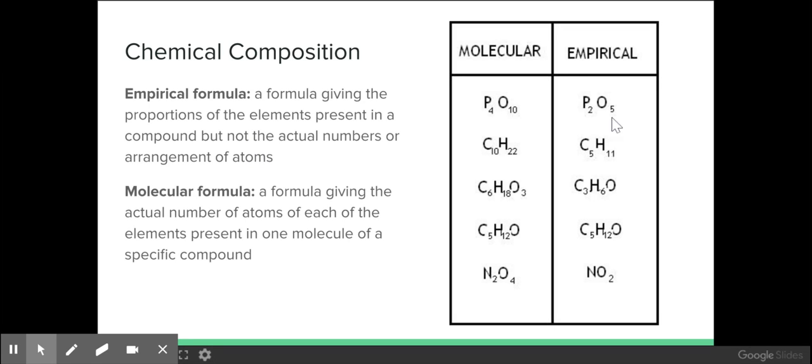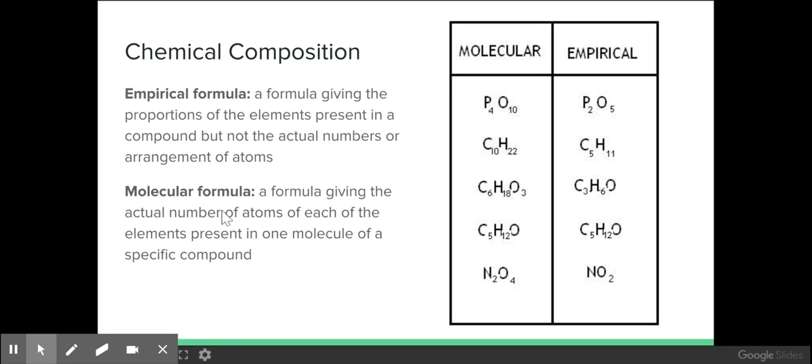A lot of times these empirical formulas are determined through experiment. They're determined by mass percent. And usually these formulas are going to be the lowest whole number ratio of the atoms that are in the compound. So if you can reduce those tiny little subscripts down to the lowest whole number ratio, that's the empirical